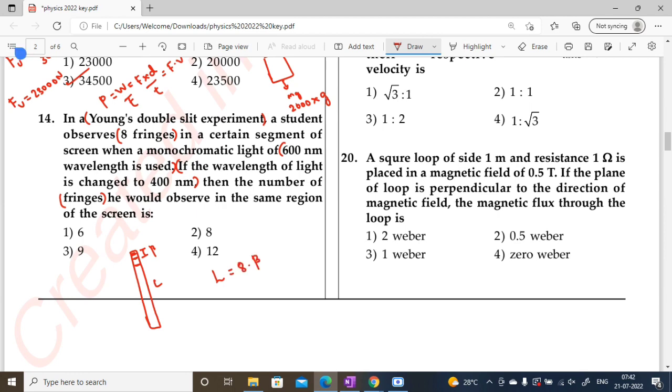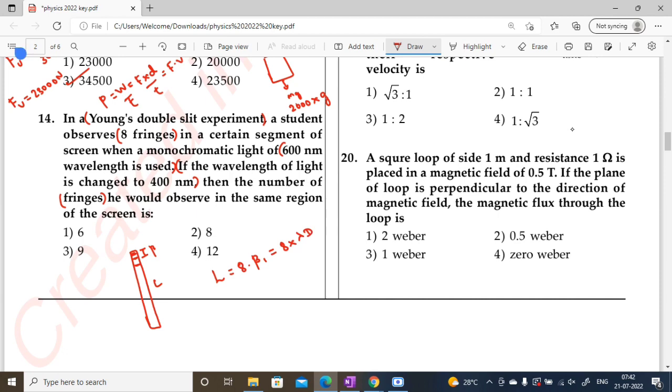Since the fringe width is added up, when I say this is the distance between two consecutive dark fringes, we'll have it multiplied 8 times, since we have 8 fringes in total. So 8 times multiplied with the fringe width. And we know the fringe width formula. Let me differentiate this as beta 1, because in this case I'm initially using a wavelength of 600 nanometers, so I need to differentiate. So the fringe width is given by the formula